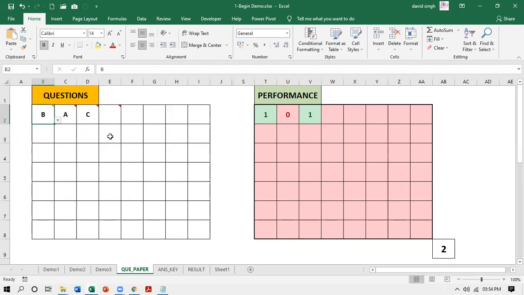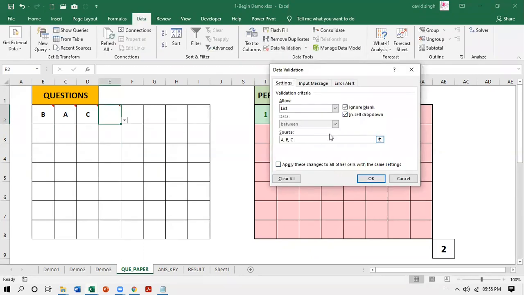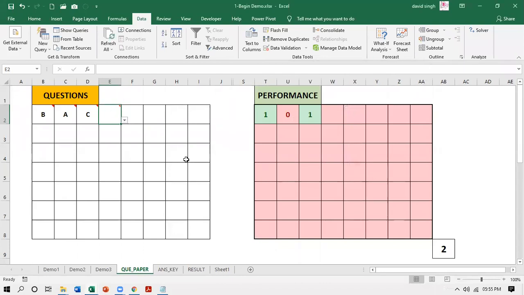Or what I can do is copy paste also. I can press Control C and Control V. See, I have copy pasted all the cells. Did you see? Already the cells have some validation. I just change the validation. I select it, data validation. I give in the proper values here. The proper values are A, B, C. Okay, option A, B, and C. Nothing to change. So I just copy pasted and nothing to change. So I can go for C as the correct answer.